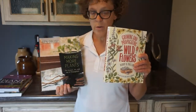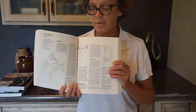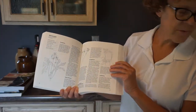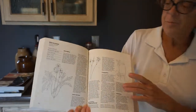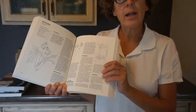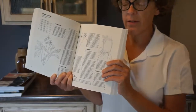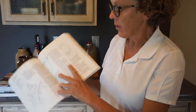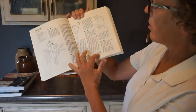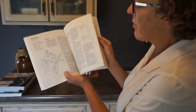So these books will teach you how to follow the techniques, and this book is covering very specific plants, not just plants grouped together or types of plants, but very specific plants. And a lot of them. It'll tell you whether you can go with rhizomes, cuttings, seed collection. So this does also cover seed collection,